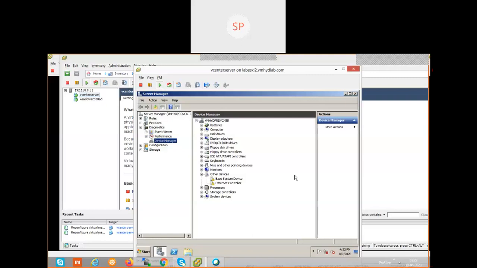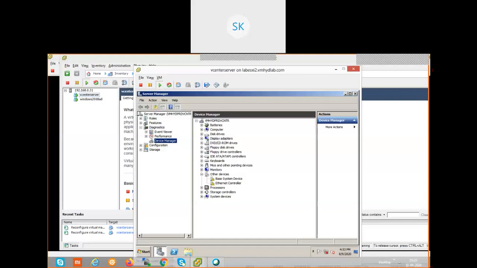In a similar way, each device has default compatibility for each and every operating system. If there is no default driver available, then we need to load the respective driver from the respective vendor. Here, during the creation of the VM, we created a disk and a network adapter with VMXNET 3. VMXNET 3, I told you, is a VMware network adapter. So how do we load the driver? The driver is nothing but what we call VMware Tools.